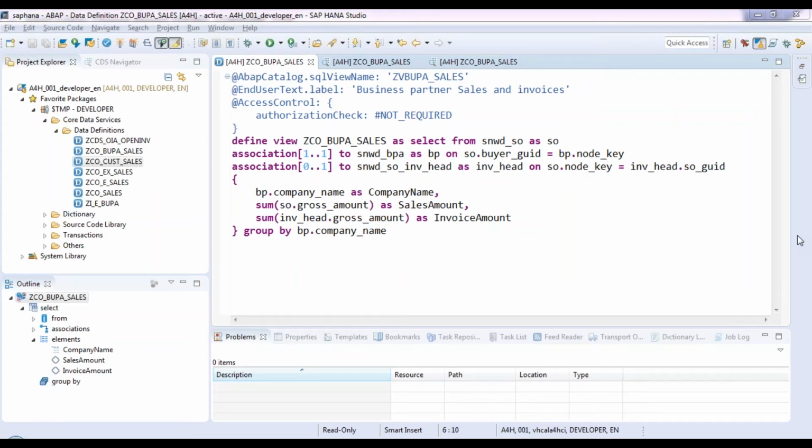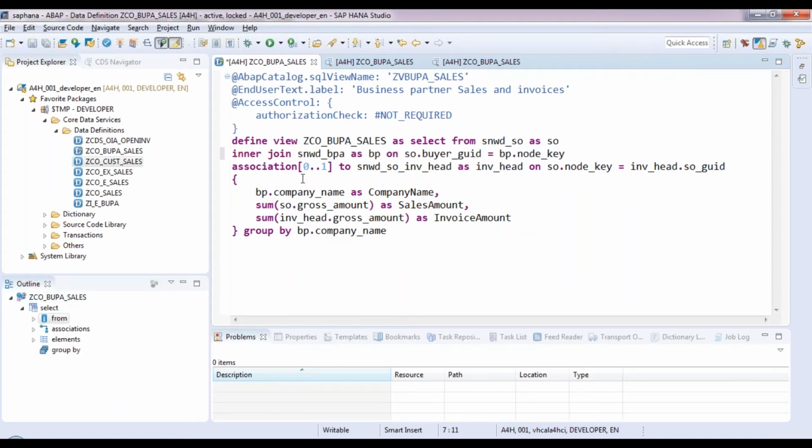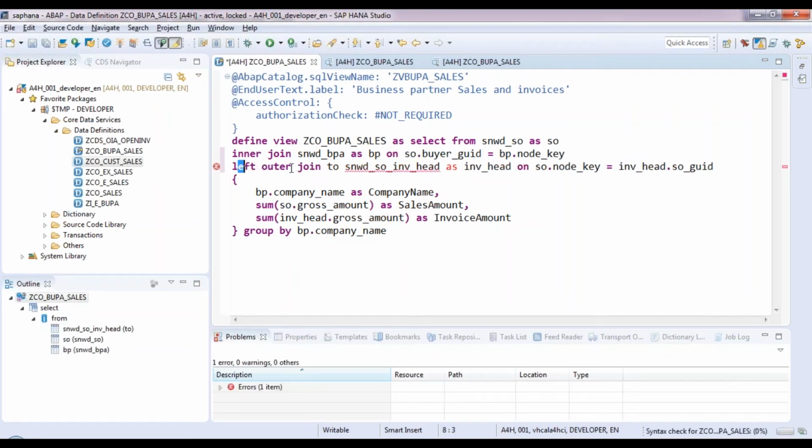Can you please repeat association once again? Okay, so the concept of association is basically converting your join condition to a more readable syntax. Instead of inner join, we just put association 1:1, which means there's exactly one record in the child table corresponding to the parent table. Then 2, and that's it. So here it was an inner join, guys. This was just an inner join and this was a left outer join. And this is what we converted to an association, a more readable format in CDS context.